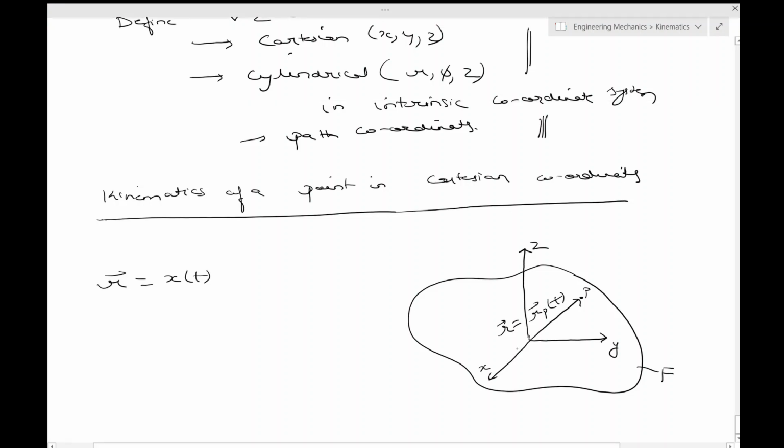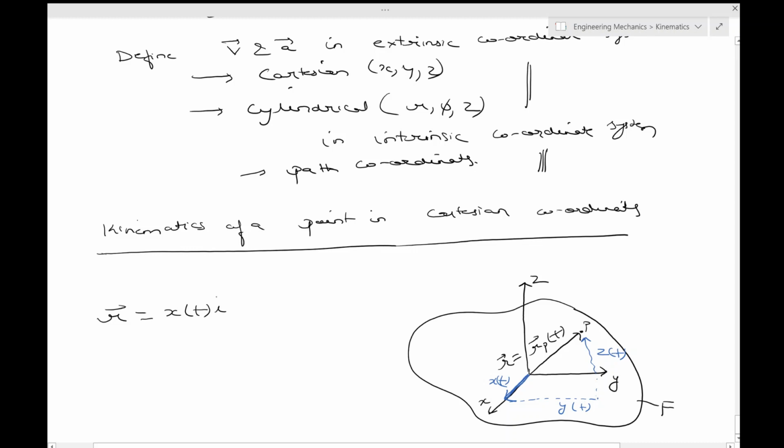So this is x of t, okay. Then we move like this. This will be y of t, and then we move up along the z direction. This is z of t. Okay, so I hope these visualizations are clear. So if you have to write the position vector of this material point, that would be